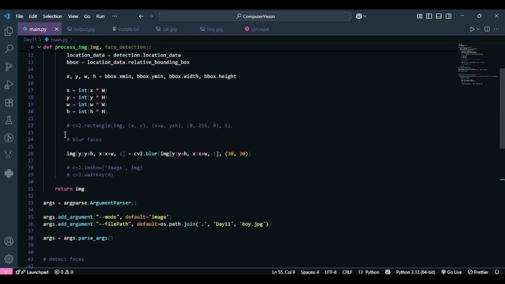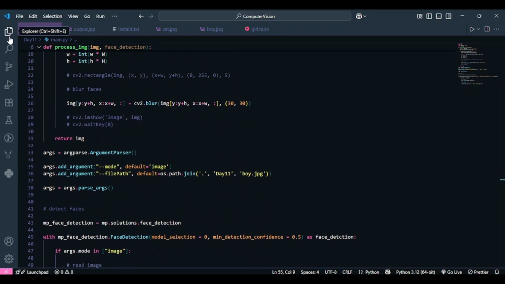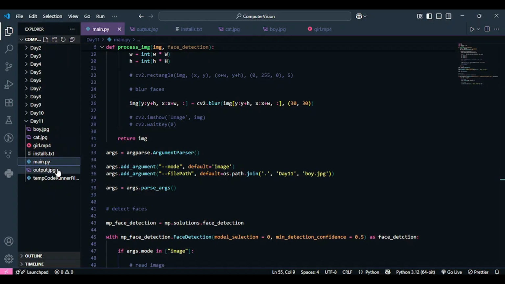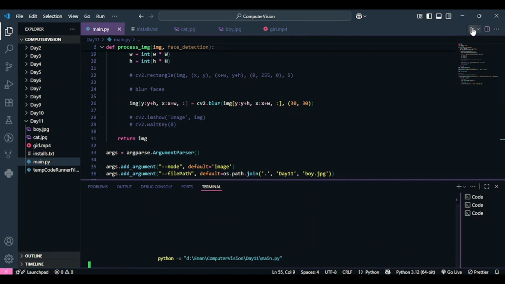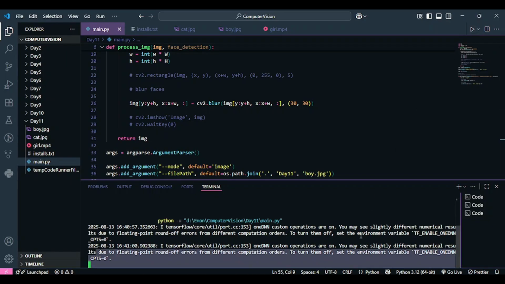and that is all. Okay, now I think I have successfully made all the changes, and now I am going to delete this output.jpg and run it again and see if I'm getting the same result as before or not, because now I have modularized the processing, I have created a function. So let's see if I'm getting the same output or not.